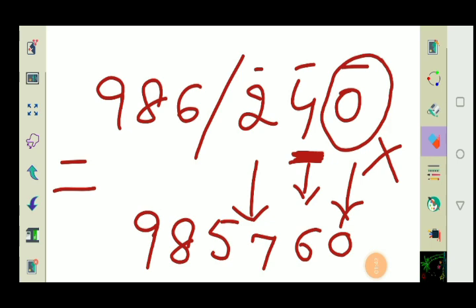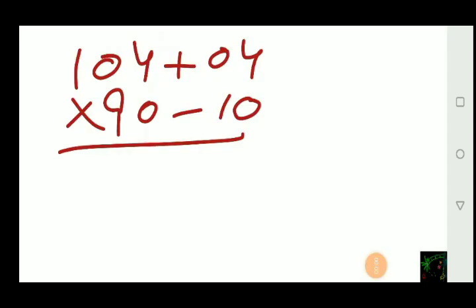So again, listen carefully. When we are having the number, if we are to devinculate it and it is having 0 at unit digit, 0 will be taken as it is and the next digit will be treated as we are going to subtract it from 10, another from 9. Other cases are same. So hope this method is clear to you. Try to do the next sum with me.